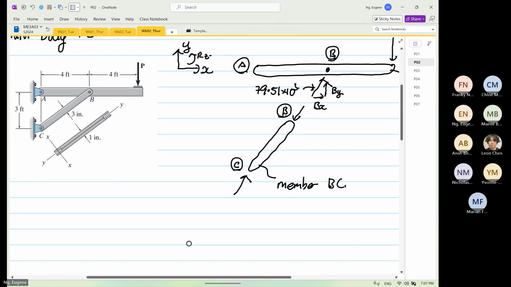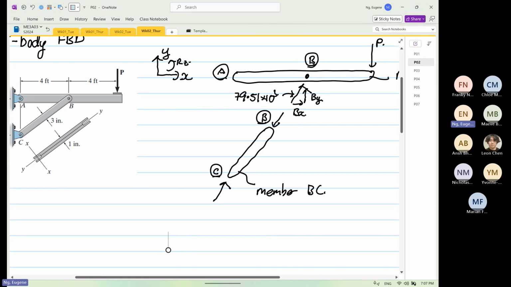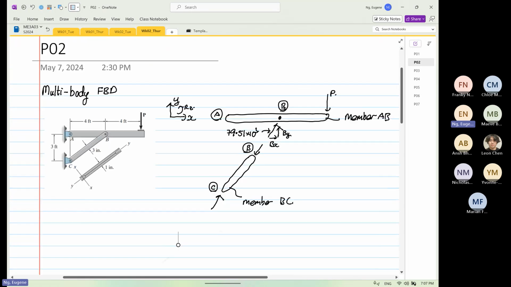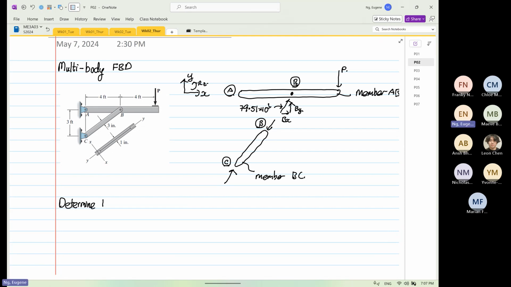So now what we are going to do is determine By. This is because By will cause